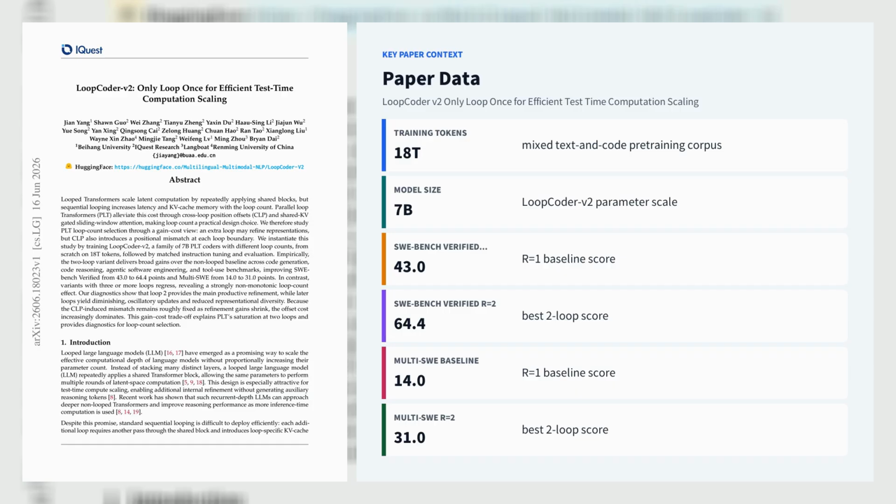The two-loop model is the best operating point, lifting SWE-bench Verified from 43% to 64.4% and Multi-SWE from 14% to 31%, while 3 and 4 loops regress below the baseline. The core technical explanation is a gain-cost trade-off. Cross-loop position offset enables near single-pass latency and nearly constant KV cache memory via shared first-loop cache plus gated sliding window attention,